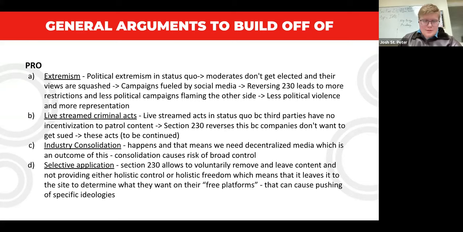You're good. Okay, so I'll talk next about industry consolidation real quick. This is the other side of the decentralization argument I was talking about earlier. And in these, you could talk about how centralized media can be really bad because of the ways that it causes control of individual industries. We see antitrust laws just don't work anymore. Nobody cares about them. And this means that we need decentralized media in some way to be an outcome, which will be an outcome because all the moderation would mean that people enforce more strict rules, which cause people to go to their own media sites, which we say could be really good as the current control of consolidated media causes more broad political opinions and it becomes more widespread.